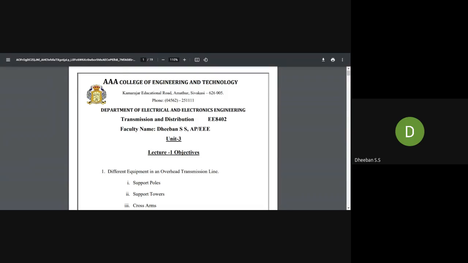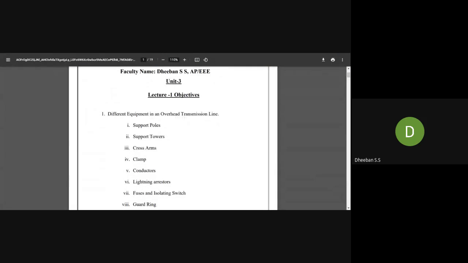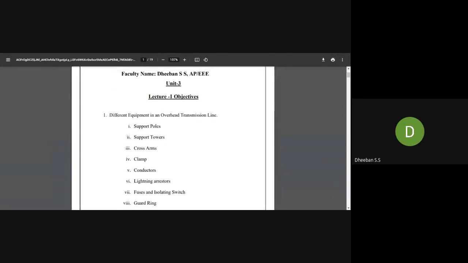Okay, we'll be starting with the third unit. The heading of the third unit is mechanical design of lines. So we'll be seeing how the transmission line is designed, and the other equipment used for the mechanical structure in the transmission line. The objective of today's lecture is about different equipment in the overhead transmission